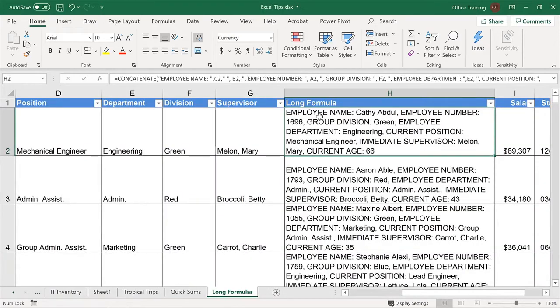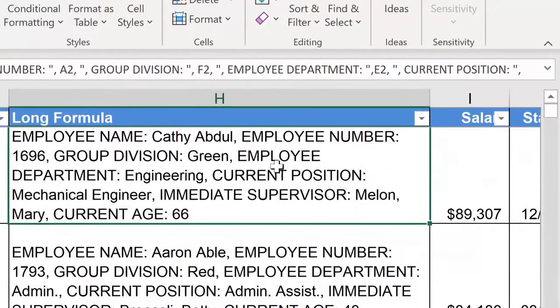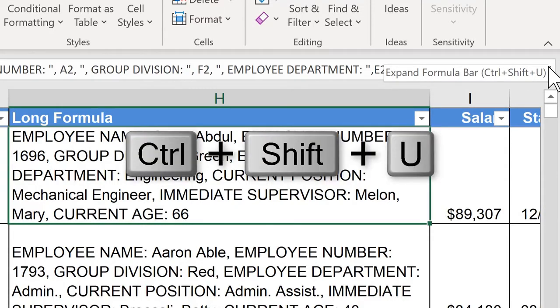When you have lengthy text entries, comments, notes, or formulas, another way for you to more easily edit them could be by double-clicking, as we saw earlier, for in-place editing. Or we could expand the formula bar. The formula bar defaults to 1 line, but by simply moving to the right-hand side and clicking on that down arrow, you can expand it. Notice here as well, there's a keyboard shortcut,